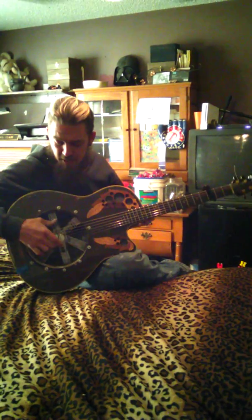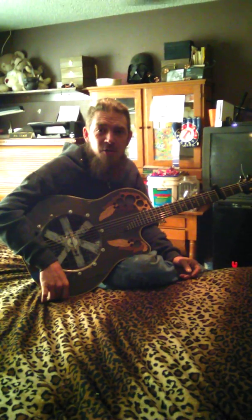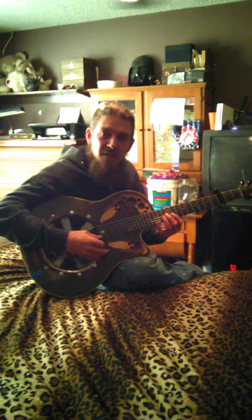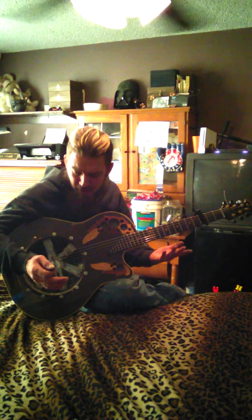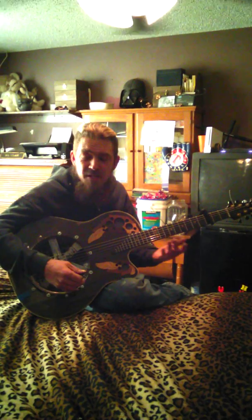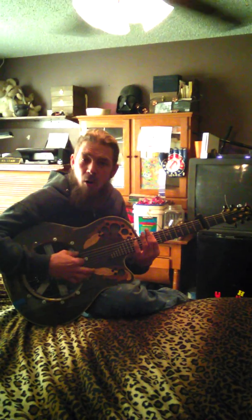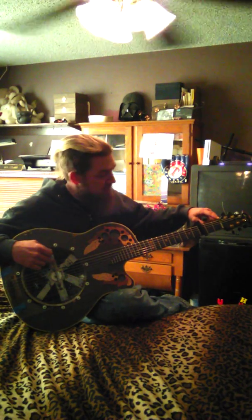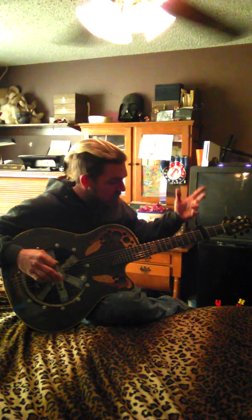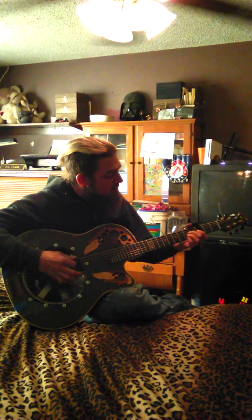One thing I need, the bridge needs to go forward about a quarter inch because I don't have the intonation right. Once I get up past like the 7th fret, which really has nothing to do with the resonator part of this video, I'm about a half step high. I don't get my harmonics on the 12th. I actually get them on about the 12th and a half, which means the distance between bridge and nut is just too long. So it jacks the intonation up. The action is great. It looks cool. So anyways, I was going to